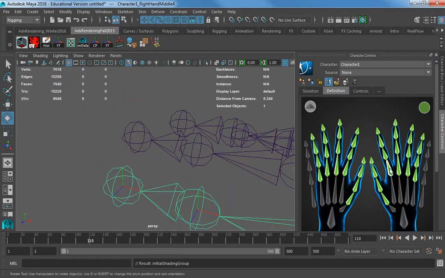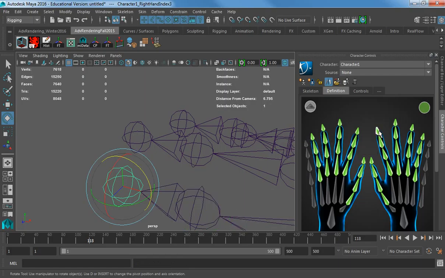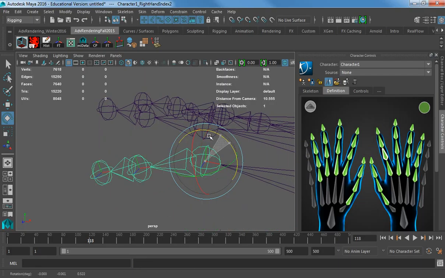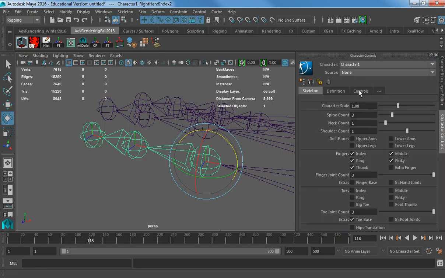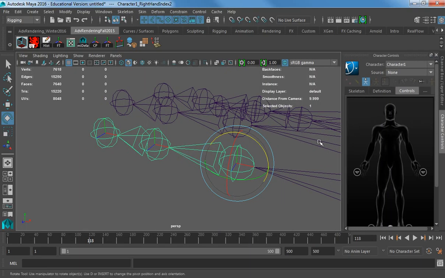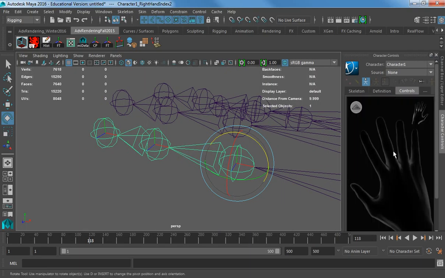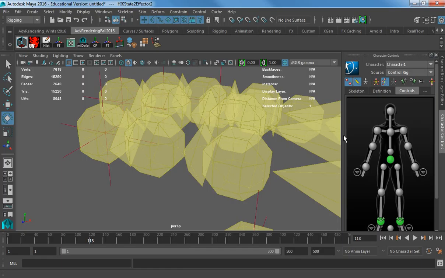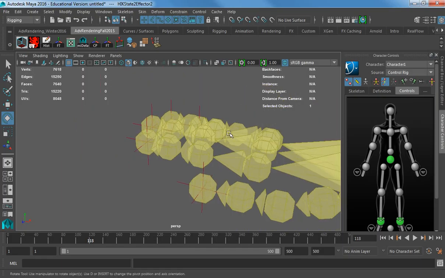I can just grab this, shift click, shift click, shift click, and see how I can grab each one of these and rotate these individually. I can also go back to my controls. There we go. Source, stance, control rig. And it will come in with, there it is, some default settings or setups on here